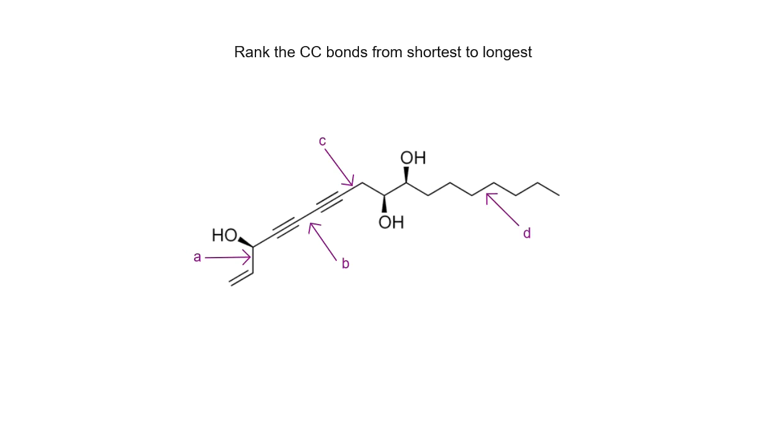Let's look at one more problem. We're going to rank 4 carbon-carbon bonds from shortest to longest or strongest to weakest. Again, all single bonds here. So we're just going to list the hybridizations. For A, we've got sp2, sp3. B, we've got sp, sp. C, we've got sp, sp3. And D is sp3, sp3. So the shortest will have the most s character, so that would be B, followed by C, followed by A,